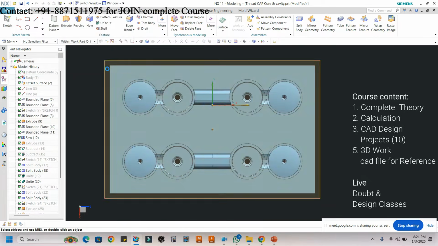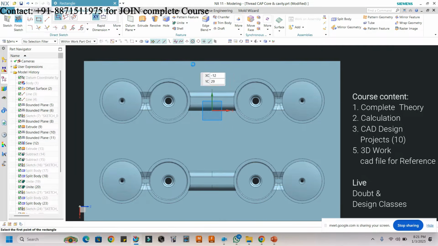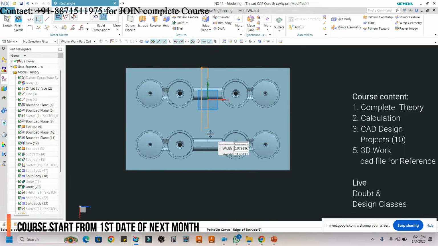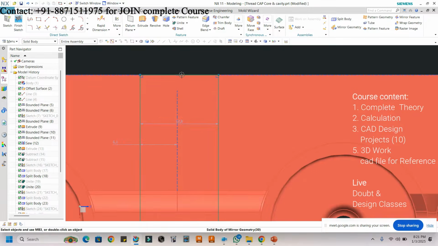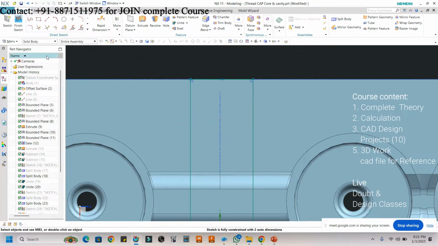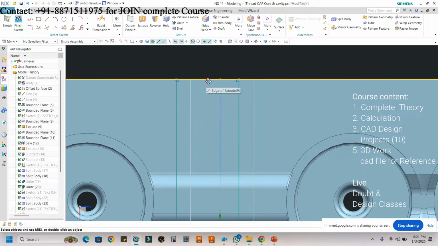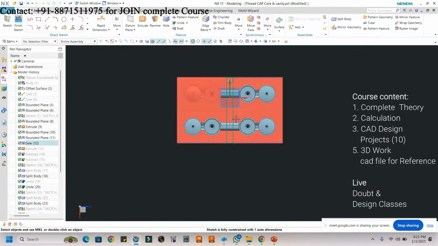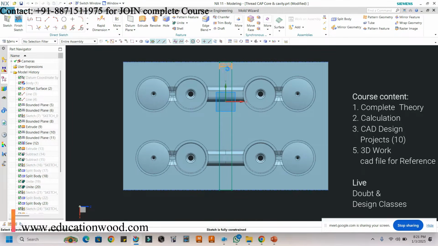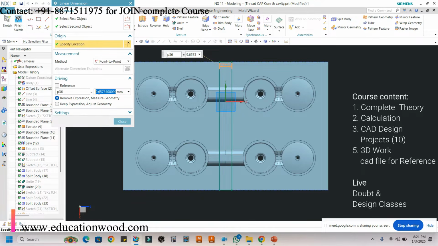So I'm just taking a sketch here, and fix this. Now I am taking, for example, 12 mm, or 13 mm, which is required.